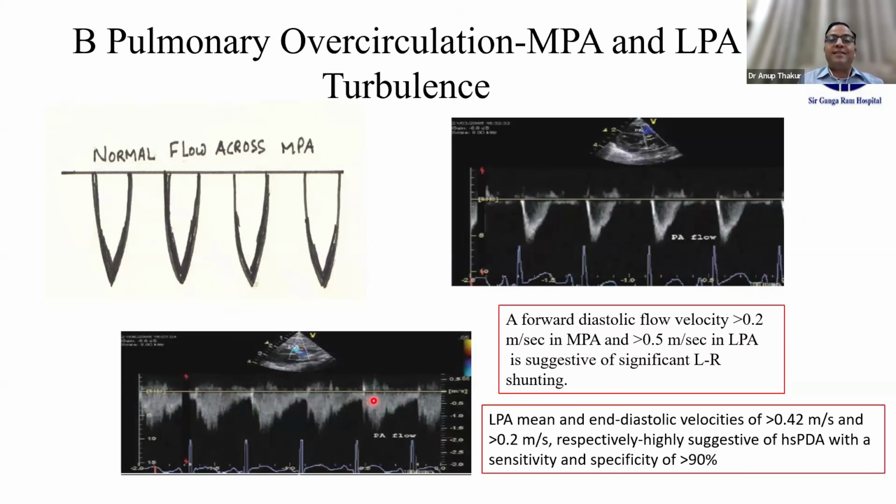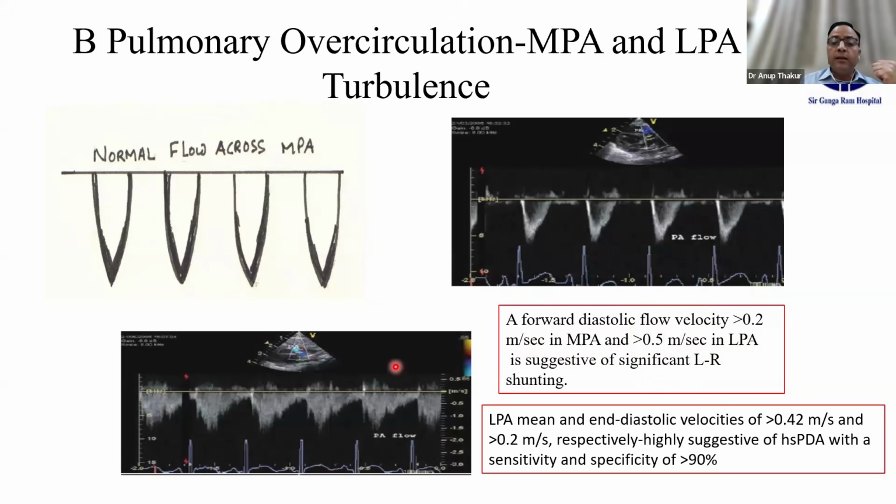So there is turbulence in the MPA flow, or there could be turbulence in the LPA flow. If there is a diastolic flow in the MPA, if you can measure this flow, the peak flow in diastole, and if the peak diastolic flow in the MPA is more than 0.2 meters per second or 20 centimeters per second, and in the LPA it is more than 50 centimeters per second or 0.5 meter per second, then it signifies turbulence in the pulmonary circulation,